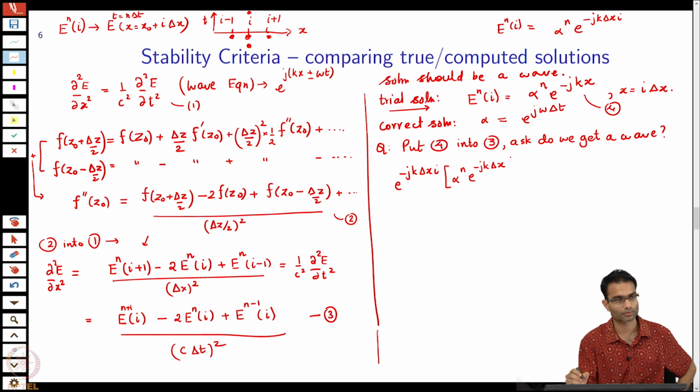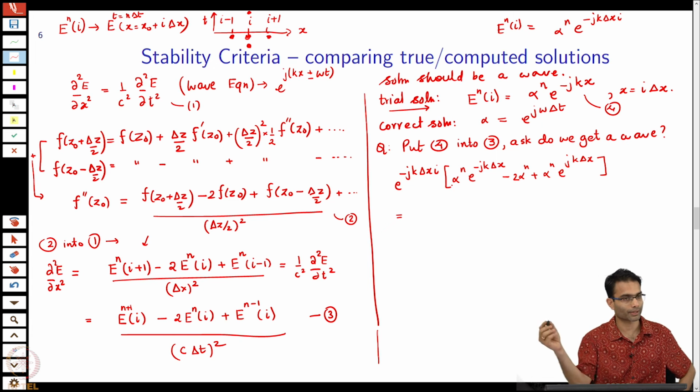Delta x, very good. Next term is going to be a minus 2, that is n plus 1, right. So, look at the term I have taken outside the bracket, multiply that by the term inside, I get I plus 1 times delta x. Second term is 2 alpha n, anything else? That is all. Final term is alpha n e to the power j k delta x, right, is equal to